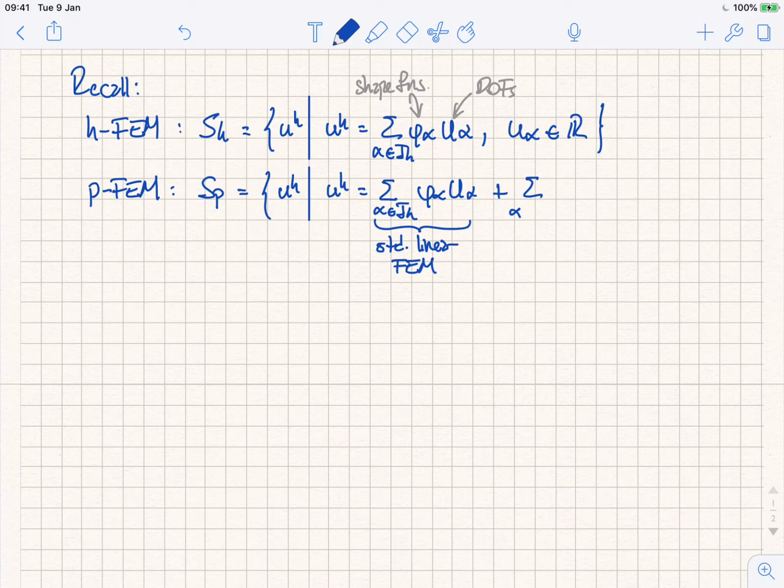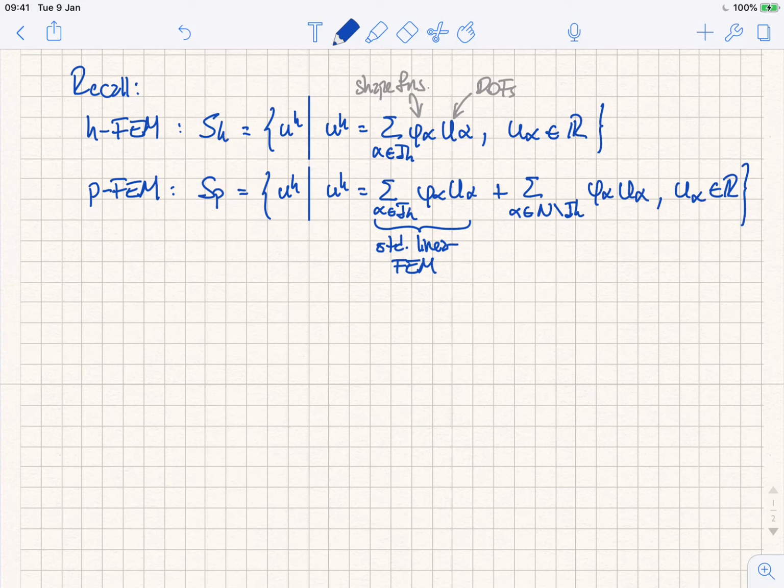So alpha is going to belong to the set defined by the nodes of the entire mesh minus IH. And then I have phi alpha U alpha. And again, all of these degrees of freedom are just scalars, and this is what we use to define the